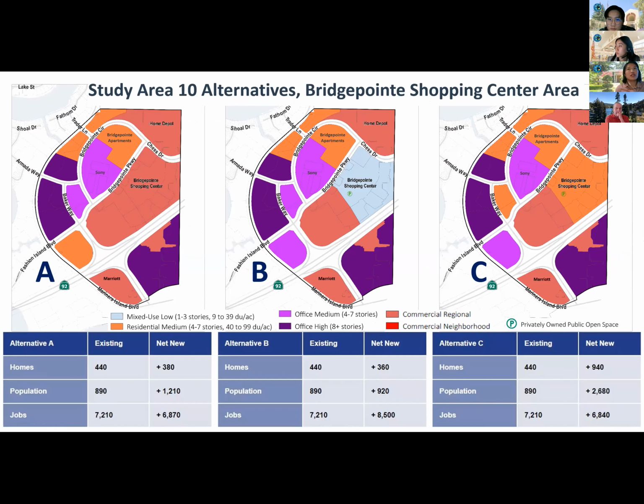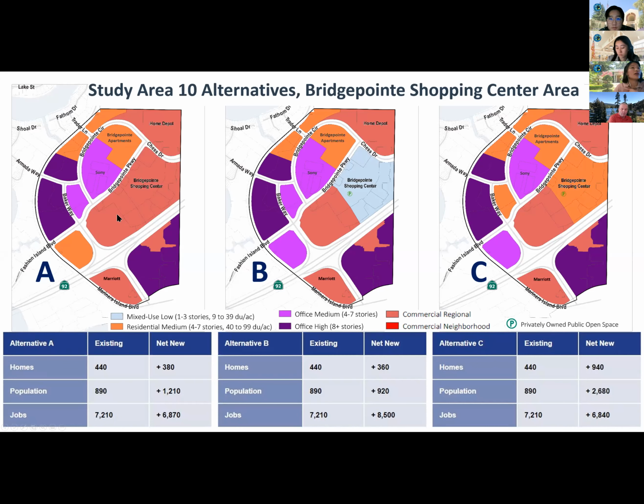The different alternatives being considered between A, B, and C, the main thing is the Bridgepoint Shopping Center. In B, it would look at introducing a low-rise mixed use, which is a light blue color. C would look at introducing medium-rise residential, which is this orange color. A would look at maintaining the existing regional commercial land use.